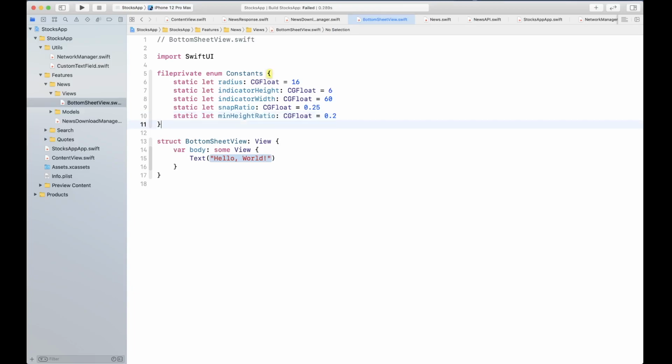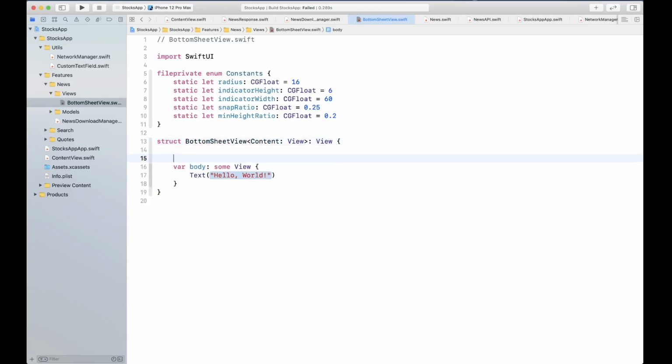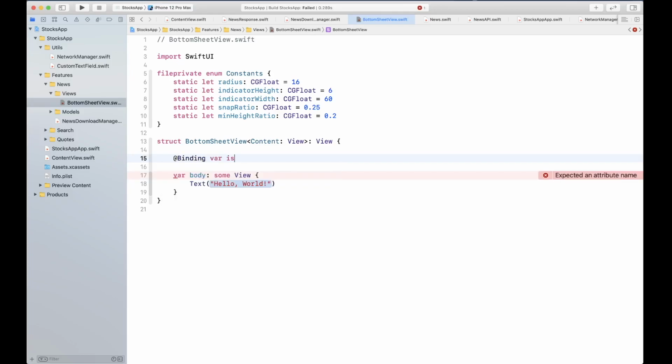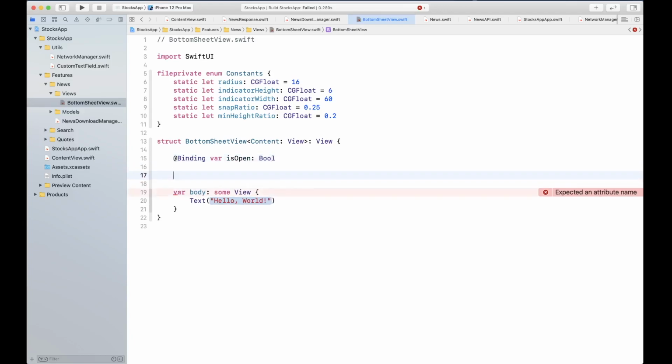Now we're going to modify our bottom sheet view to take content. So we're going to have content of type view constraint, and this content is going to be passed in during the initialization. And we're going to create a few more variables. For example, a binding to find out if the bottom sheet is open or not.